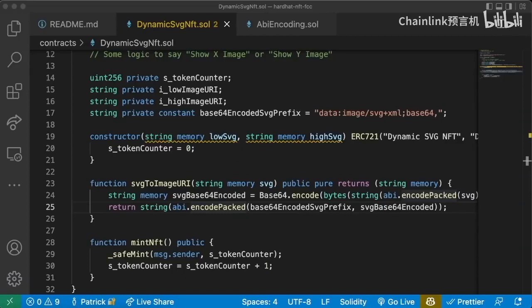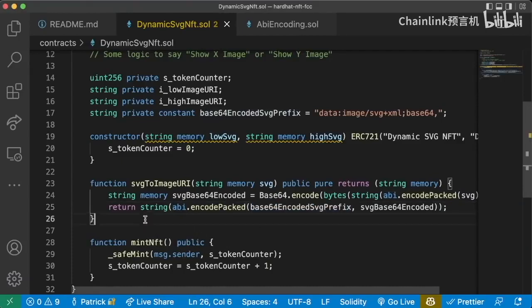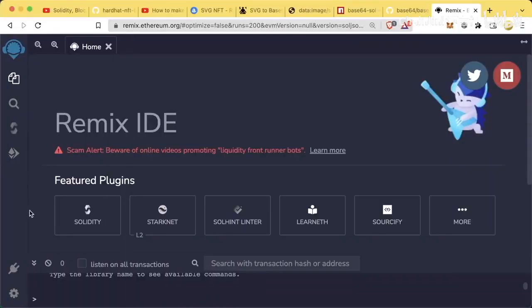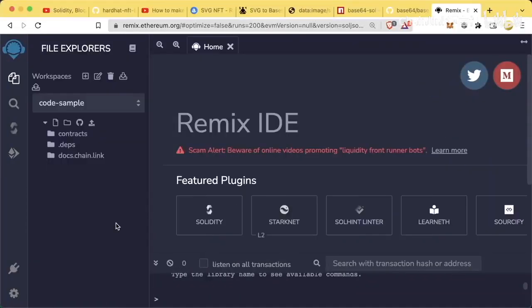So from a really, really high level, this is basically how you concatenate strings, right? This is how you combine strings together. And we're going to jump over to Remix to actually explore this abi.encodePacked and this ABI encoding stuff a little bit more. Now, the section that we're about to go through is definitely advanced,